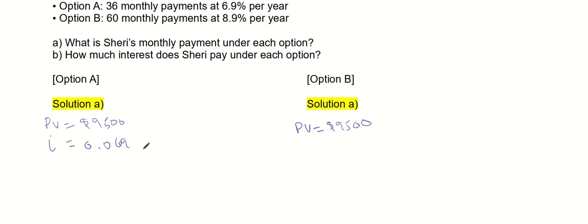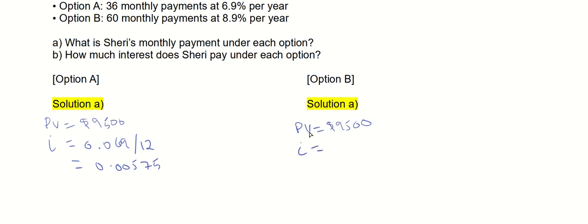So this interest currently is per year. We're going to transform that into monthly, so divided by 12, because there are 12 months in a year. And that is 0.00575. Okay, and now for solution B,